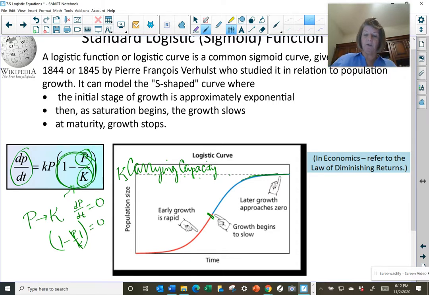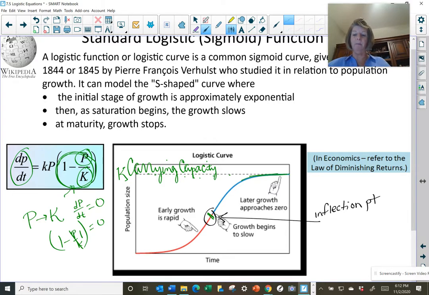Rate of fastest growth, that is often an AP question. Usually the questions from the AP are somewhat simple. It's mainly a lot having to do with the actual shape of the curve and what's happening at our curve. So at this inflection point, where we switch from concave up to concave down, this is the point